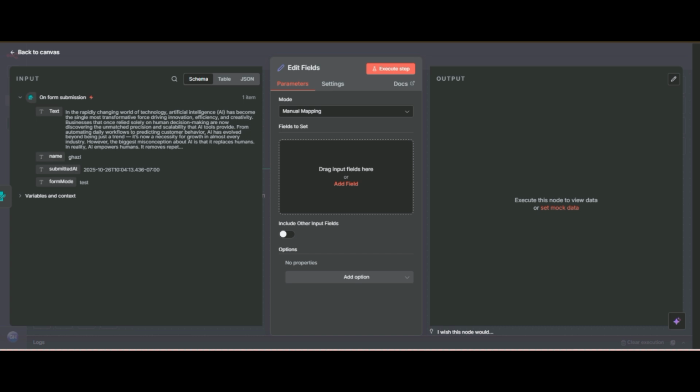Like here I only want to pass this text to another node, and I don't want to pass this field. So here we use it for filtering.